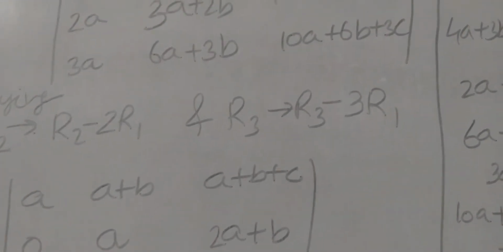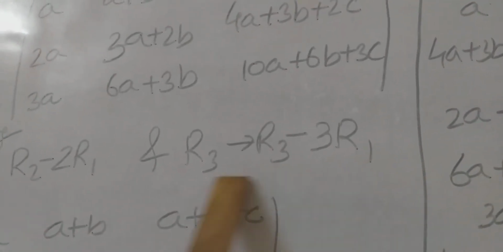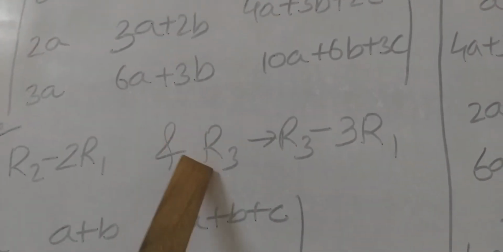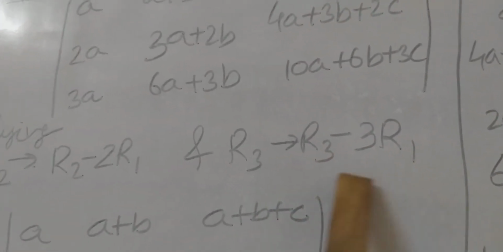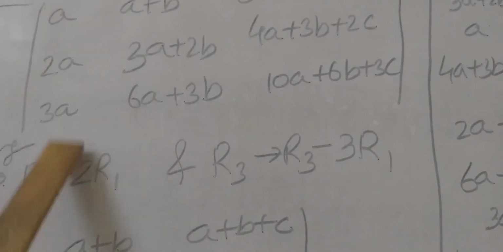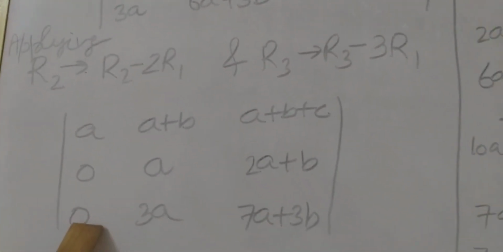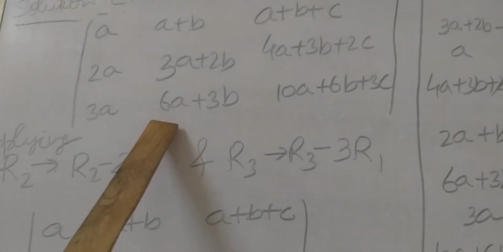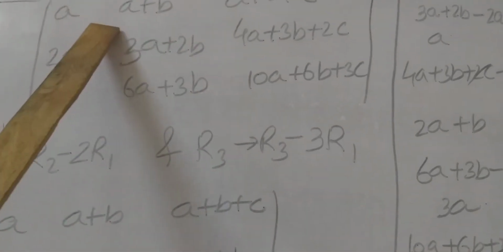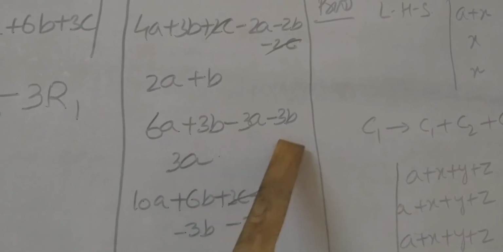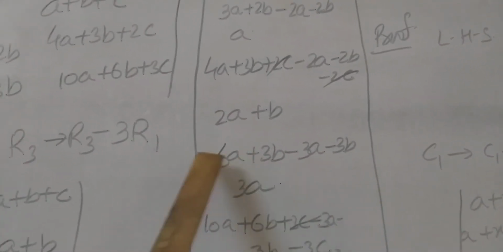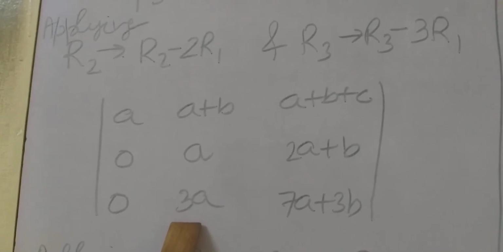Okay, students. Now this operation we are going to apply: we have to change R3. So R3 will be changed by using R3 minus thrice of R1. 3A minus 3A, 0. Correct. 6A plus 3B minus 3A minus 3B, because when we subtract, the sign of A plus B will be changed. 3B with 3B we cancel, answer 3A. That's why I have written here 3A.